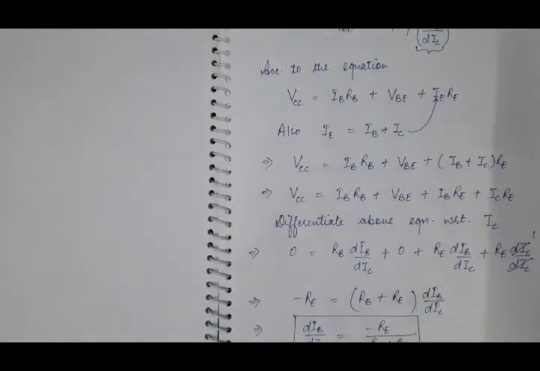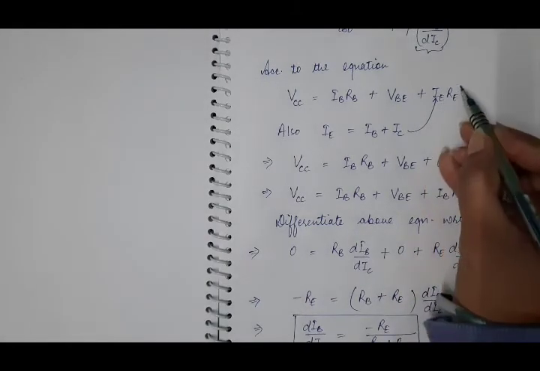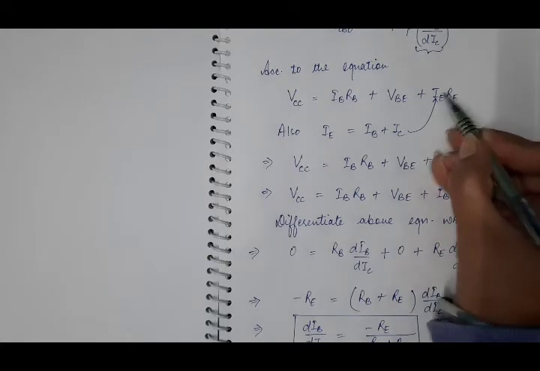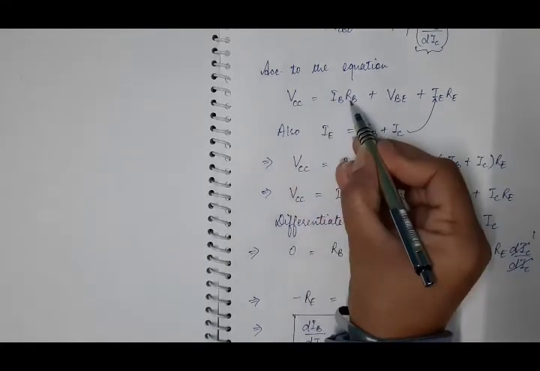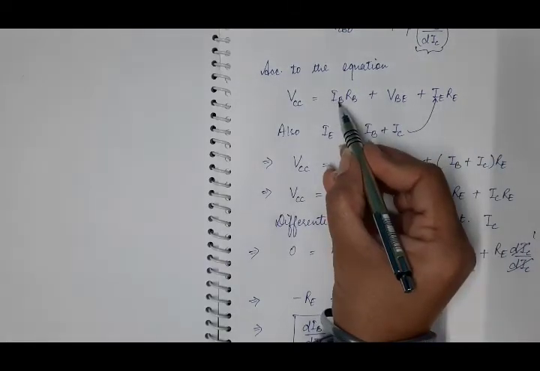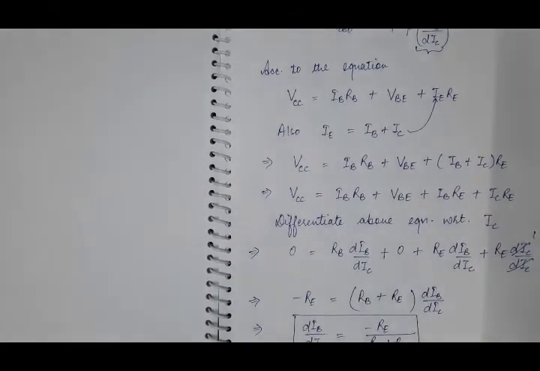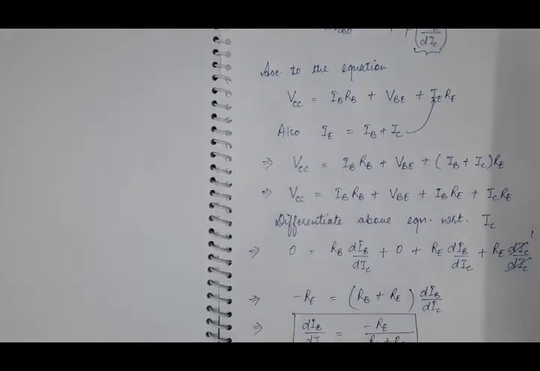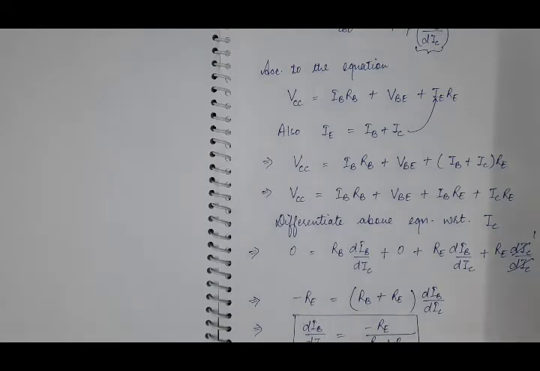If with the increase in temperature the collector current increases, then the emitter current will also increase. If the emitter current increases, it means this factor will increase. This is constant, this is constant, this RB is constant. It means if this is increasing, this IB will decrease, and that will decrease this overall factor. And if IB decreases, then beta IB will decrease the value of collector current, and that decrease in the value of collector current will compensate the increase in the value of collector current because of the increase in leakage current, which is due to the increase in temperature.